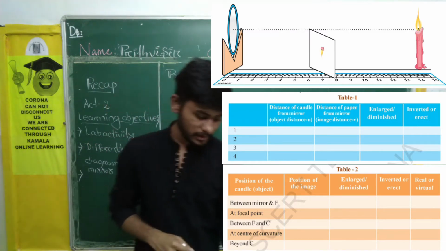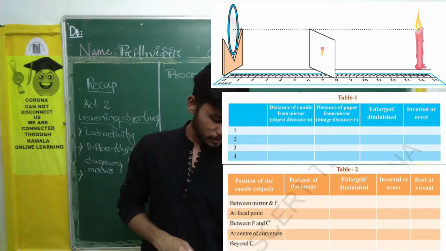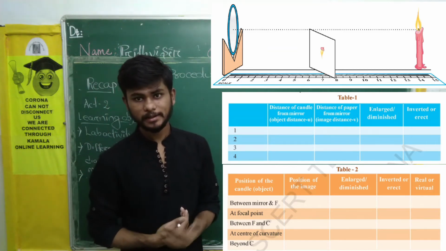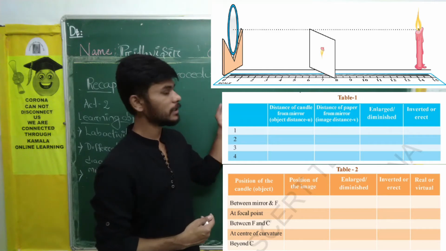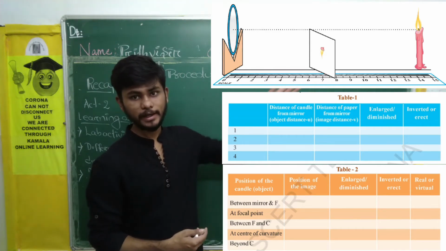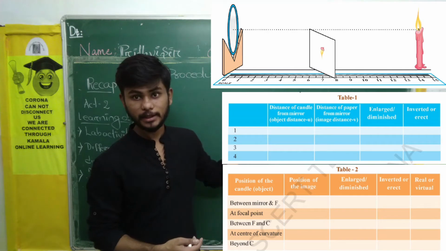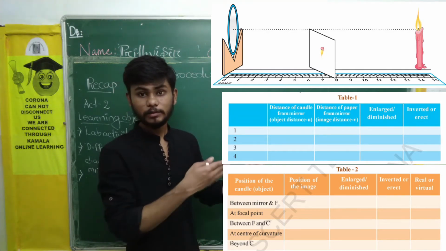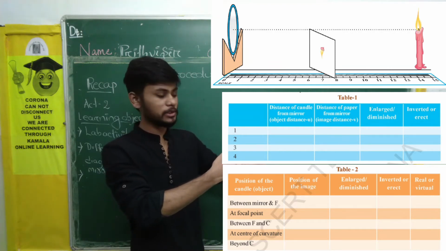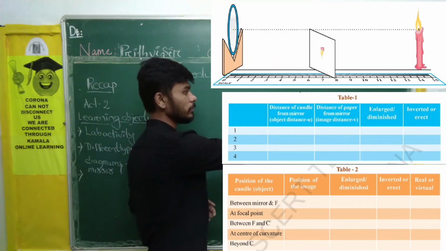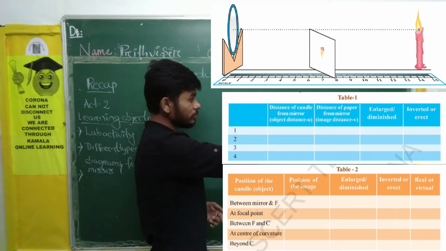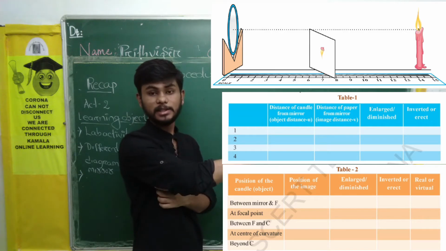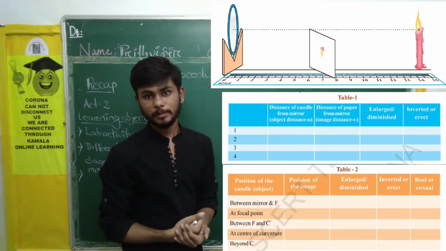So next, after the procedure, again I am explaining what we did in the procedure. We mounted our concave mirror on the V stand, we kept a candle in front of it at a certain measured distance, and we placed a paper. We will arrange the paper according to the image. Suppose at this point we got the image, so we place the paper over there. Or else we need to search where we are getting the image. The place where we get the image, at the same point we need to keep the paper.